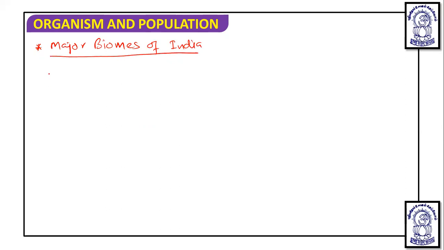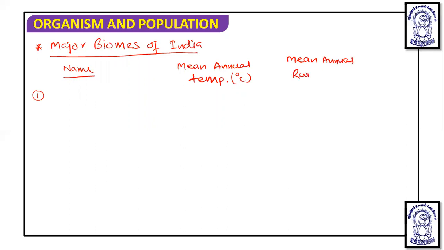And for these four major biomes, we are going to write the name of the biome, then the mean annual temperature in degrees Celsius, then the mean annual rainfall in millimeters, and at last we are going to talk about examples of plants which can be grown in these. So first is the